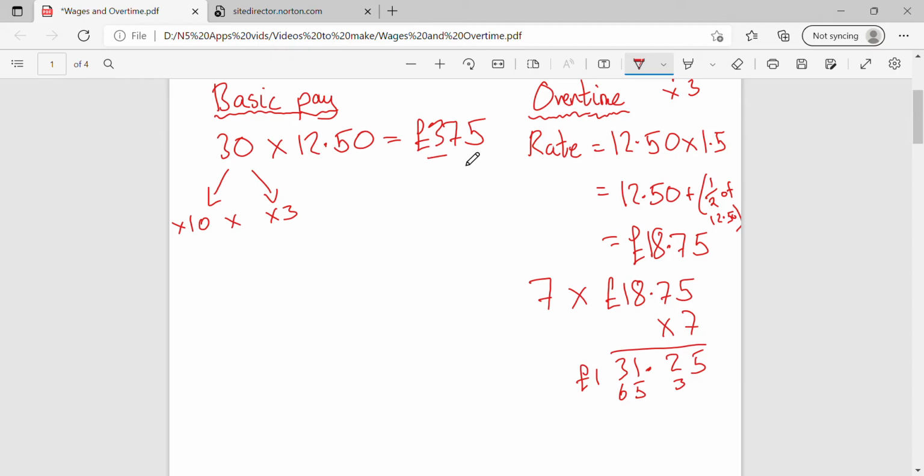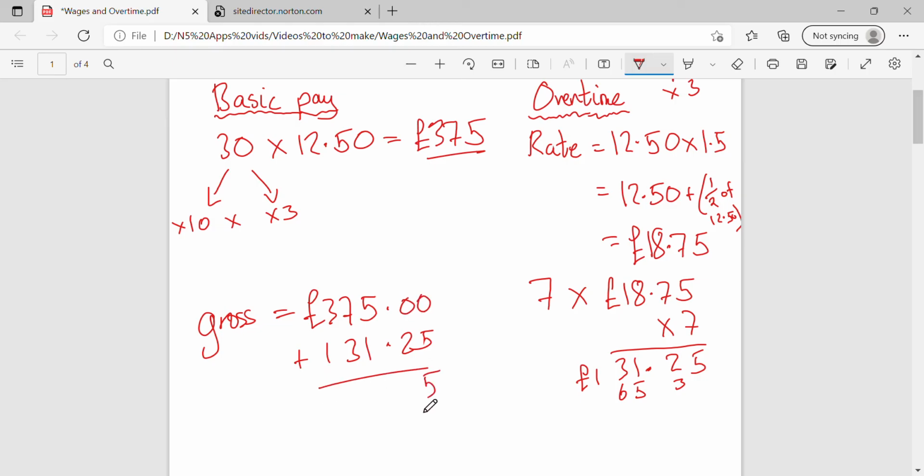So we've got basic pay, we've got overtime pay, and to work out the total, the gross pay, all we do is add the two of those together. Plus 131.25. Adding those together. Seven plus 3 is 10, carry the 1. I'll just do a quick check on my calculator to double check that that's correct. And that's our final answer,